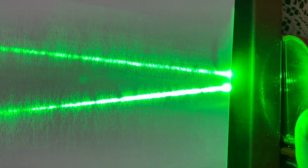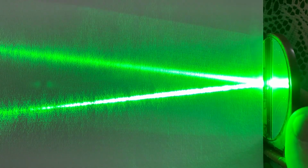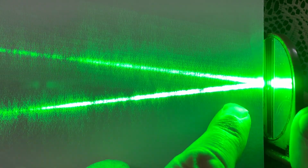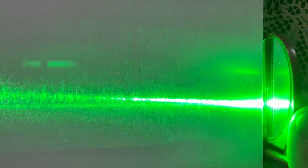Okay, welcome everybody. You probably got the idea by just looking at what you see on your screen that we'll be dealing with light today. We've been dealing with light, and we're going to deal with a little bit of reflection. Now I've got a mirror set up right over here, and I've got a pretty powerful laser pointing at that mirror. If I take that laser and slide it around,